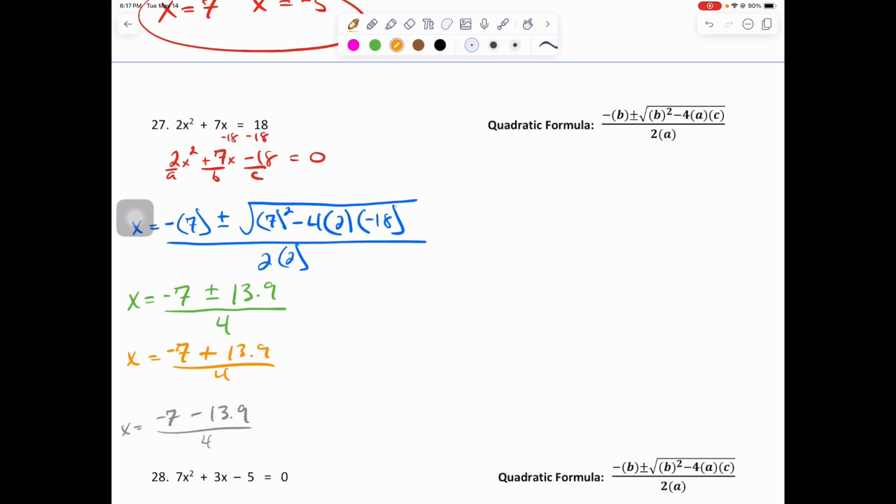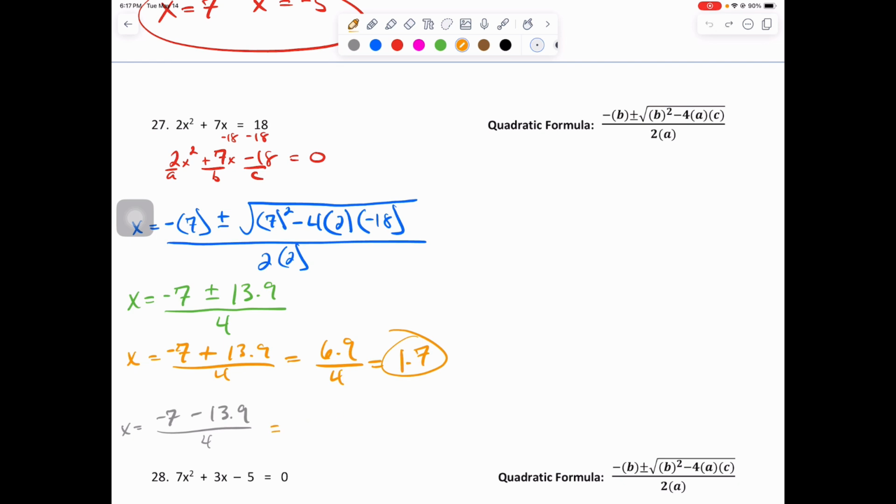And then we'll just do a little computation. Negative 7 plus 13.9 gives us 6.9 divided by 4, which equals 1.7. Circle thy answer. And for the next one in gray, we have negative 7 minus 13.9, which equals negative